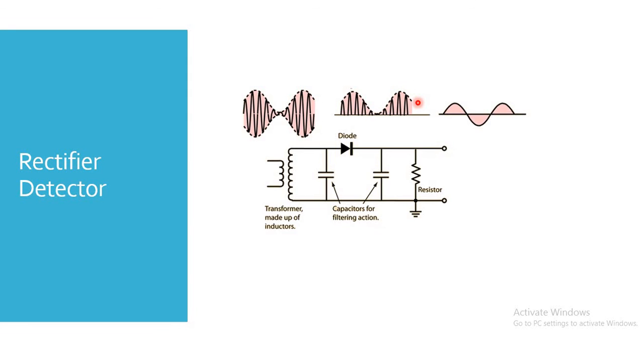Now this portion is given to the capacitor, which acts as a filter. What will this capacitor do? The capacitor blocks the higher range of frequency and passes only the lower range of frequency. So this waveform is a combination of a higher frequency, that is the carrier, and the lower frequency, that is the modulating signal. So the carrier signal gets blocked and we are getting only the modulating signal. Therefore at the output we are getting only the modulating signal and the carrier gets rejected.